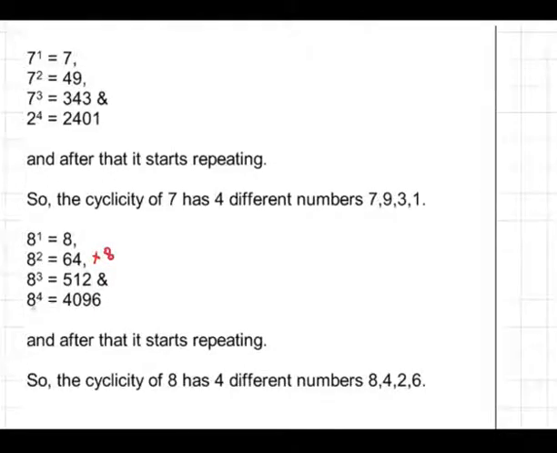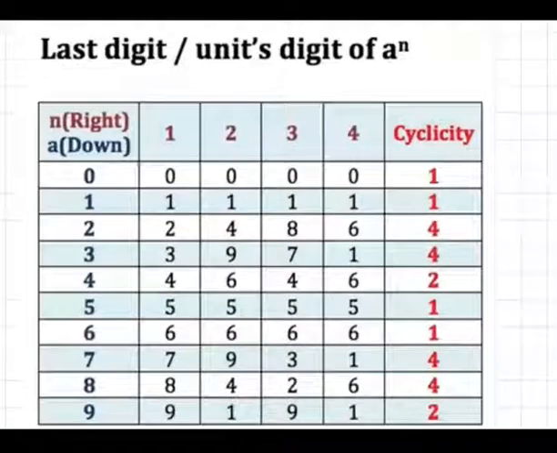So when you go for 8 power 4, you can just take the last digit of this, that is 2. 2 into 8 is going to give you 6. Again, 6 into 8 is going to give you 8. So that's 8 you're getting here. So all these 4 are going to follow a pattern of 4. The next one. So here you can see